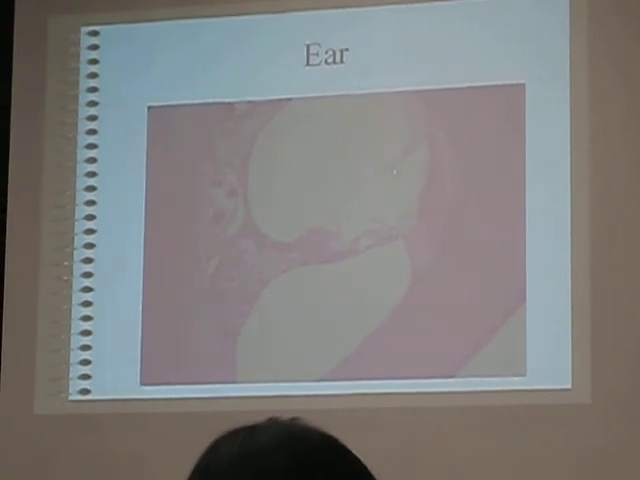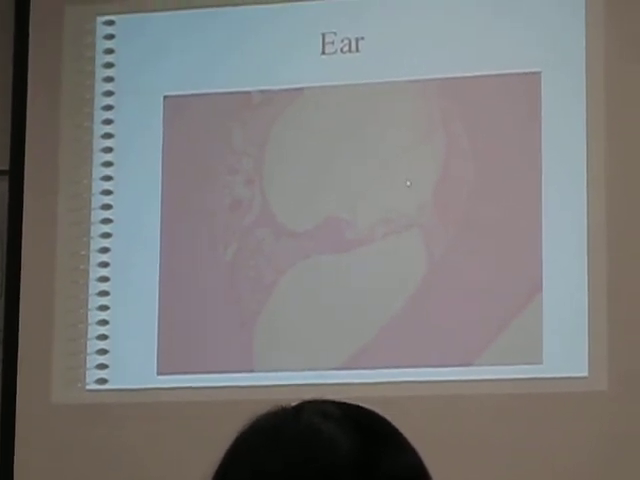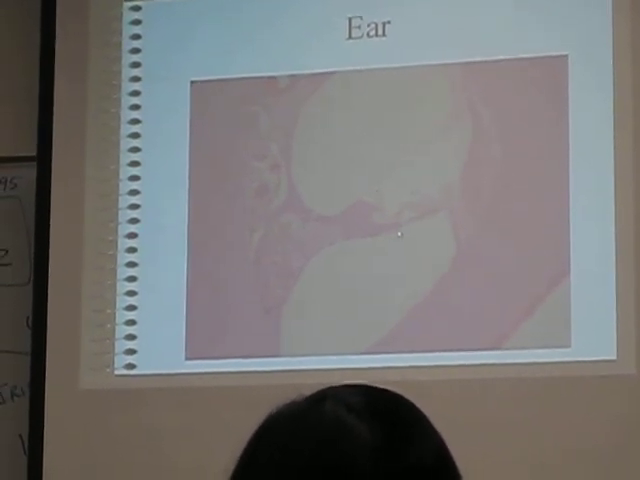So we've done all but one now. Let's go back and just review real quickly. For this whole cochlear unit here, you have scala vestibuli. Here's the vestibular membrane. On the other side, that's the scala media. The membrane that separates scala